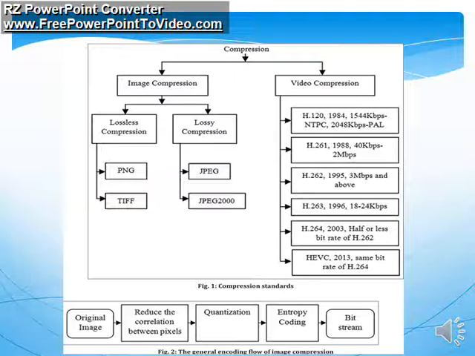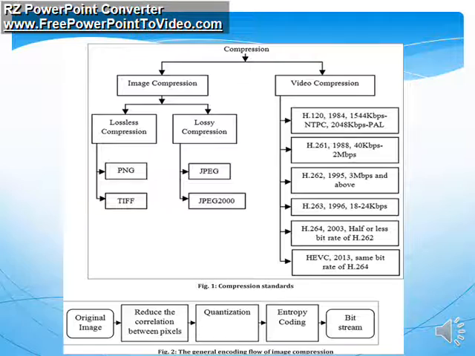That means image compression is under this compression technique. So if we categorize compression technique, it can be either image compression or video compression. Video compression is on the right side and on the left side is image compression. Image compression can be categorized into lossless compression or lossy compression. Some examples of lossy compression techniques are JPEG and JPEG 2000, and some examples of lossless compression are PNG, TIFF, like